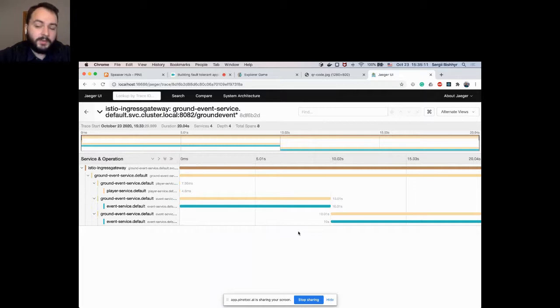So what we can do here, we can actually set up some timeout. So if the request takes 10 seconds, it's easier for us just to block this request and send a new one and hope it will come quicker. And again, Istio gives us this possibility. Okay, so timeout, event service. Without any changes in the code, we can just apply the configuration, and it will set up the timeout for our application. So let's try to play the game again.